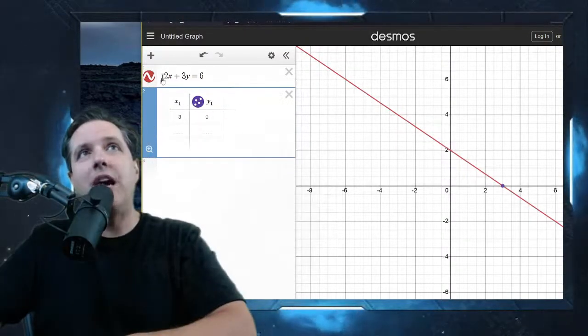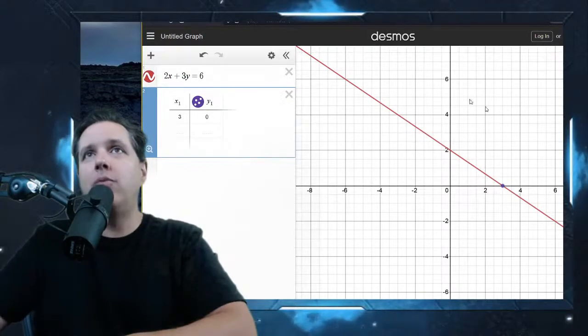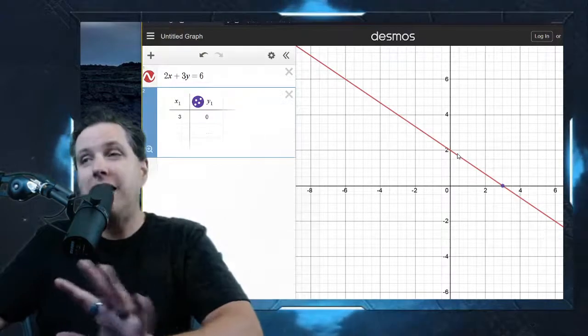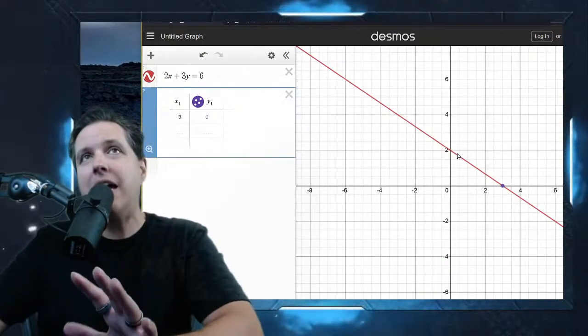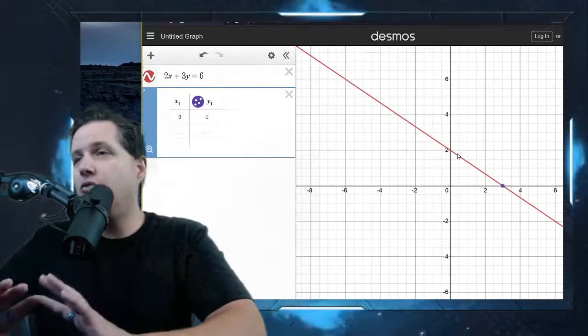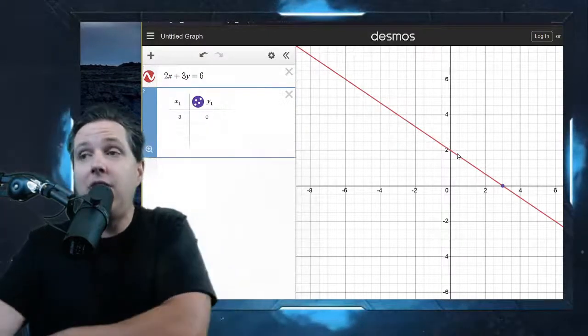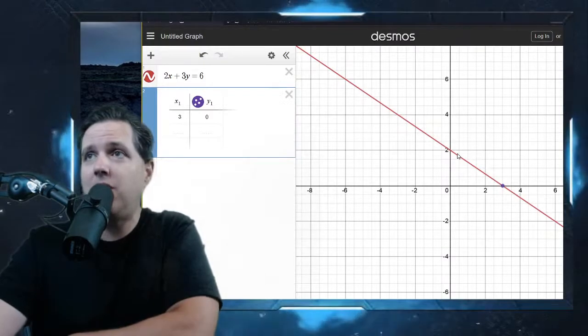We want to be able to look at the algebra and interpret what we're seeing. We want to be able to look at the graph and interpret what we're seeing. It takes a little bit of work now to get comfortable with that, but it's going to pay off through all your math classes that you have to take from here on out. Even if you're not taking the classes I just mentioned a moment ago,